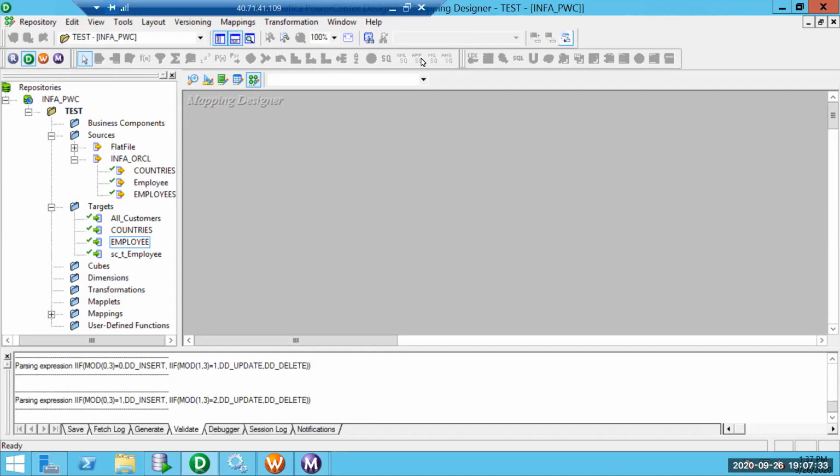However, if you are using lookup, the cache would be generated before the execution of the data flow, as in when the session is in the initialization phase, the lookup cache would get populated.